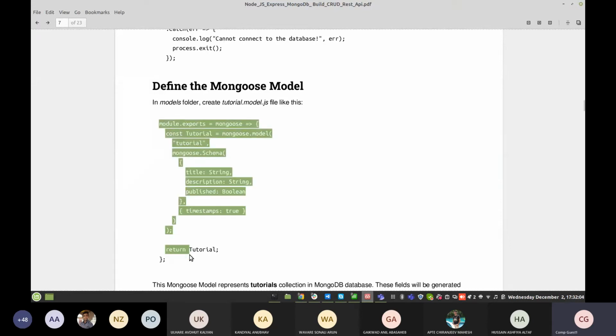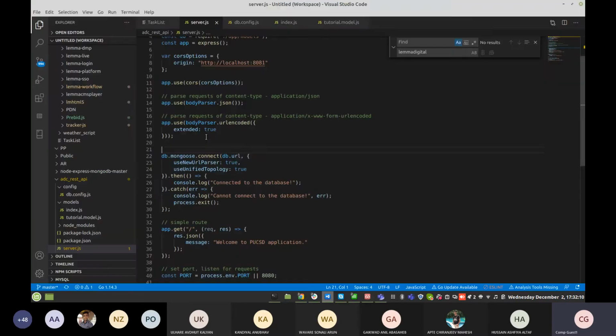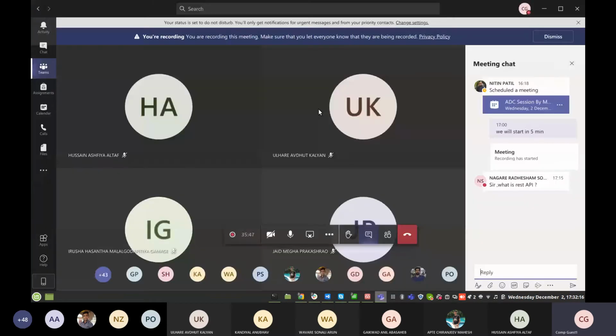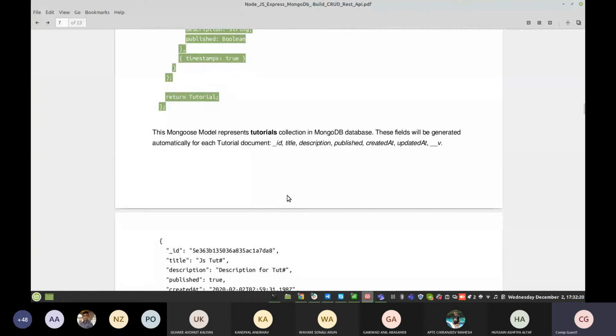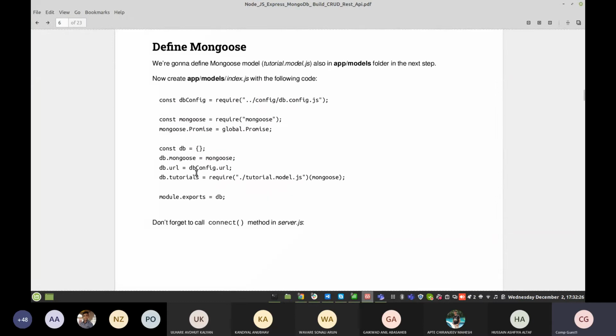It contains this piece of code inside your tutorial. Now we need to check that tutorials is a collection, as I already told you.